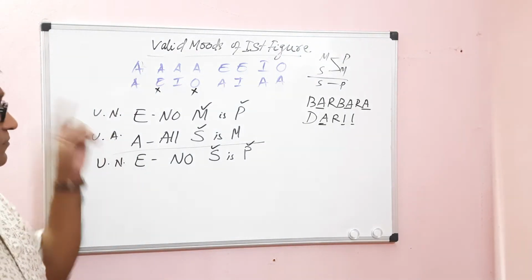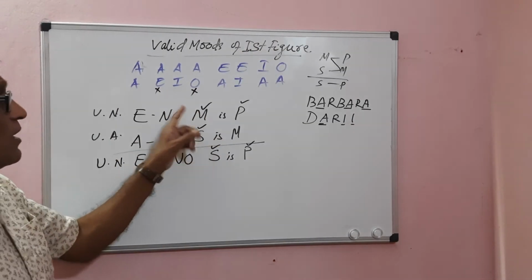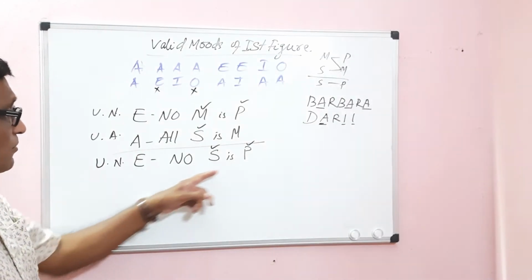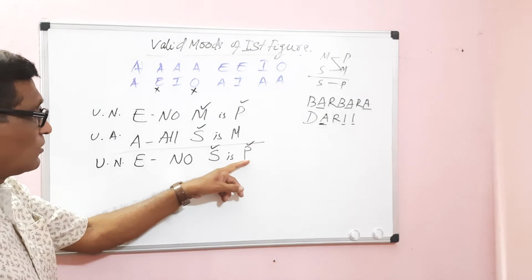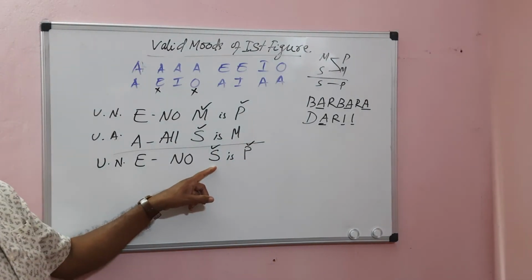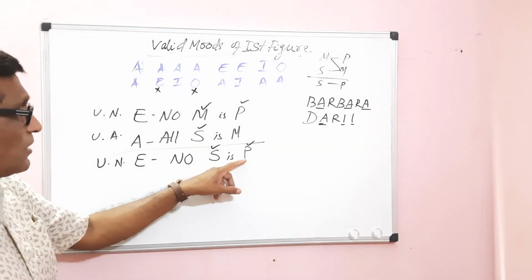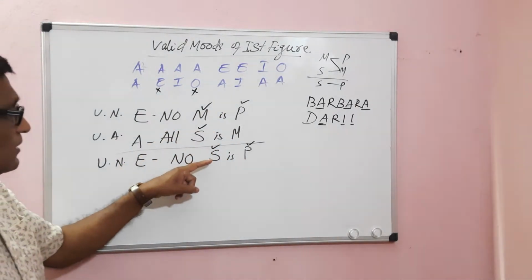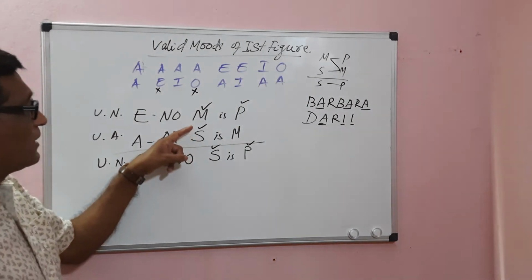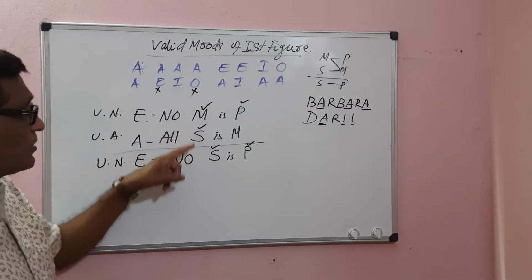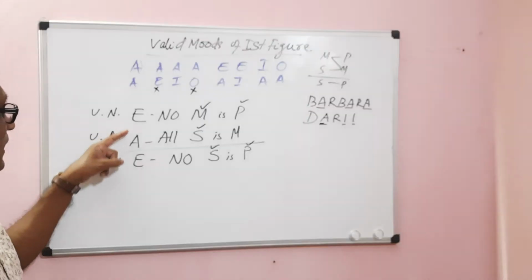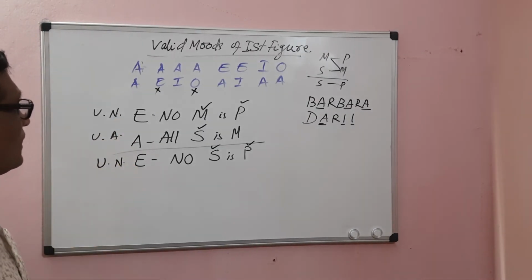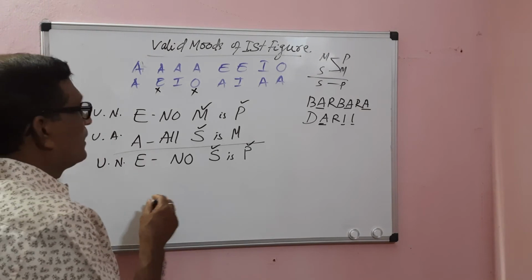You have to see here that the middle term is distributed once in the premises, so there is no fallacy of undistributed middle. Then we look at the conclusion, where both major and minor terms are distributed. The major term is distributed in the conclusion, and it has also been distributed in the major premise. Similarly, the minor term is distributed in the conclusion, and it has also been distributed in the minor premise. So this is a valid mood. From EA we get the conclusion E. It is a valid mood in the first figure. Its name is Celarent.